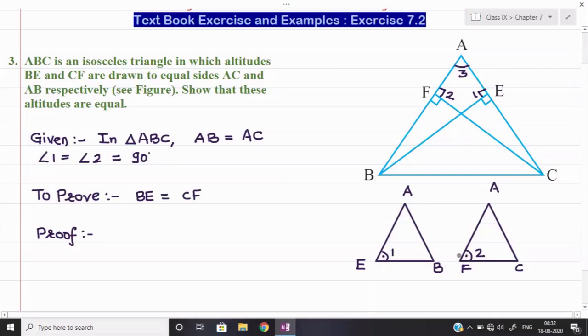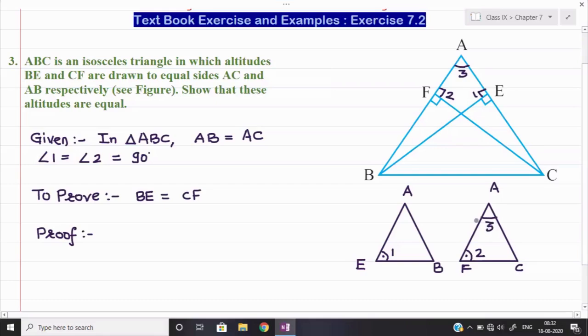So see, one pair of corresponding angles we got equal. Now here you need to focus, one pair of corresponding angles we got equal. Similarly, look at angle 3. Now see, angle 3 we can give a different name as per the name of the triangles. For example, we can give the name CAF. Observe, angle 3 I can say it is CAF also. CAF is coming here. So this can be angle number 3, right?